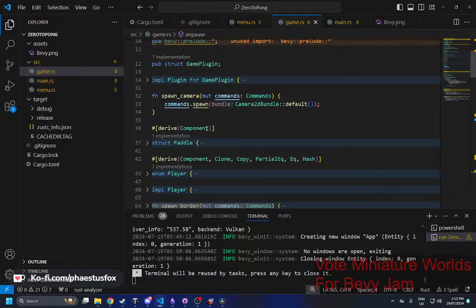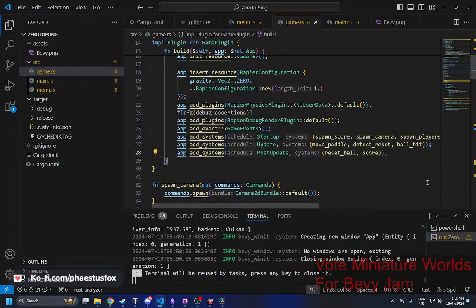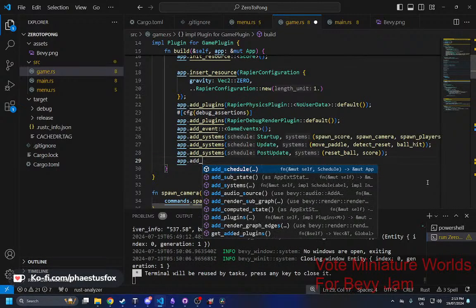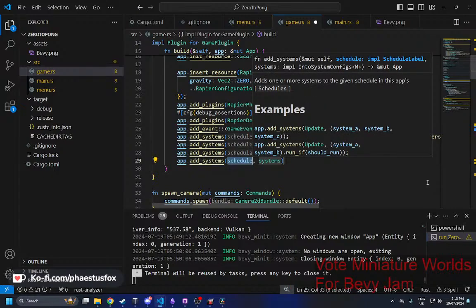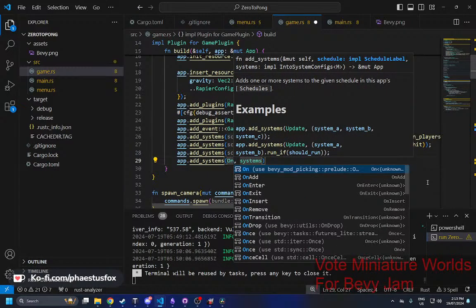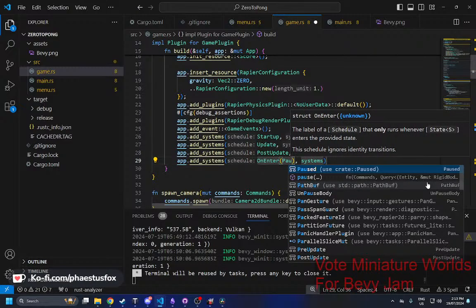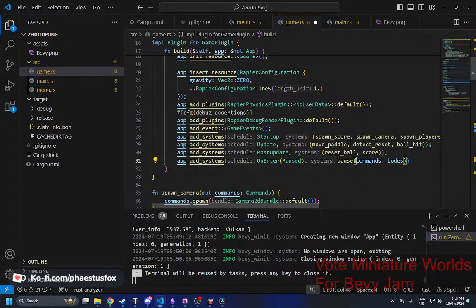So the final step to make this work is we probably should add a test for system, but we're going to add underscore systems, no, not add schedules, add systems, and then the system is going to be on enter pause, and we just call pause, and then